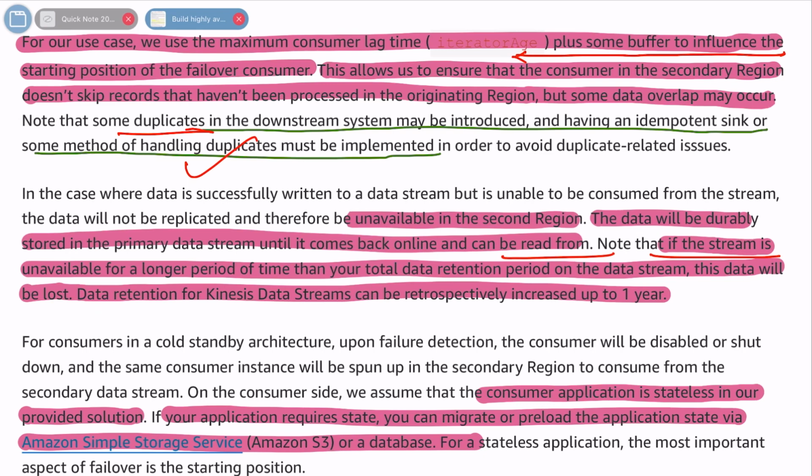primary data online and can be read from. Note that if the stream is unavailable for a longer period of time than the total retention period of the data stream, the data will be lost. Again, for Kinesis data stream, the maximum time is 1 year. So if the Kinesis data stream does not come back online for 1 year, and let's say you have